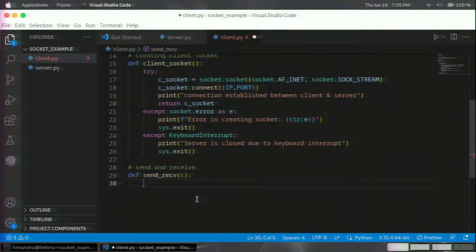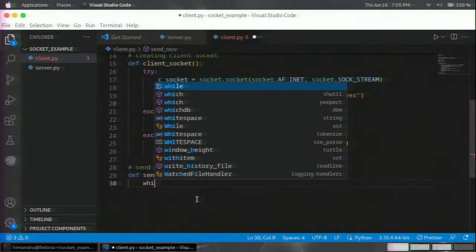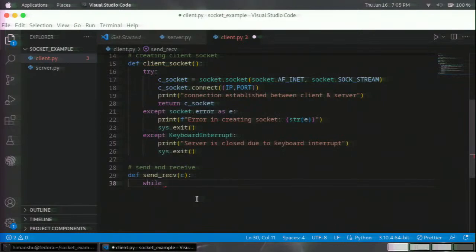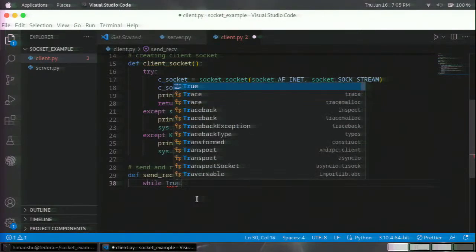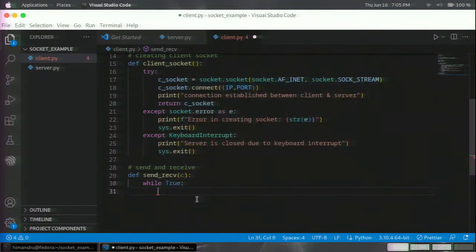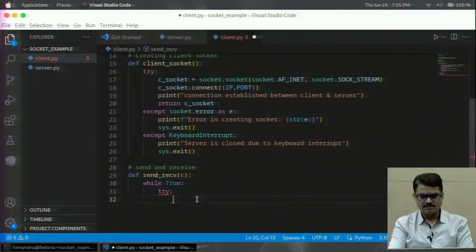In this function we just want to communicate with the server continuously until the client decides to end this communication channel. So again I am using an endless loop in the form of while True, and inside this while True I am going to use try and except, try